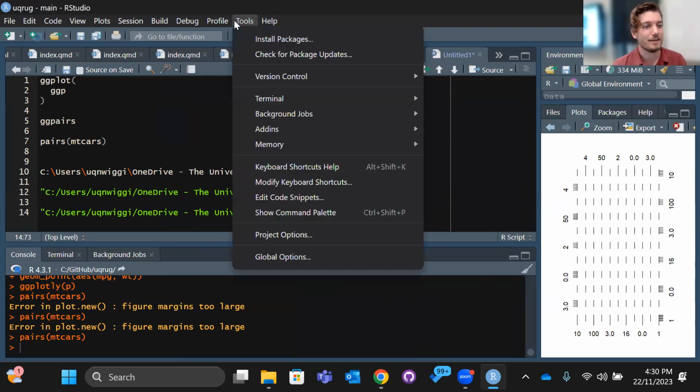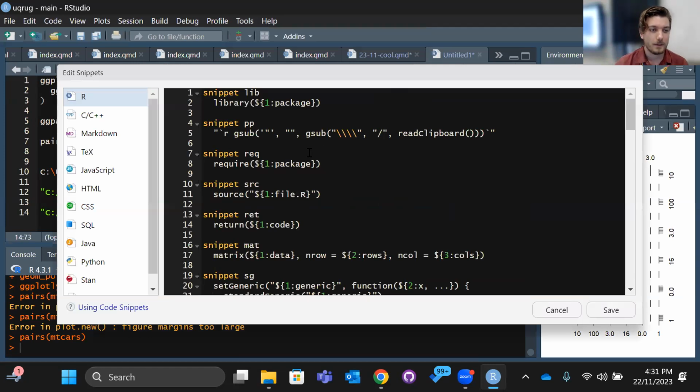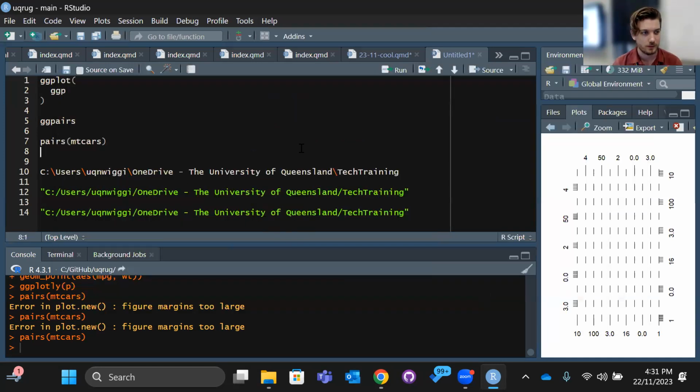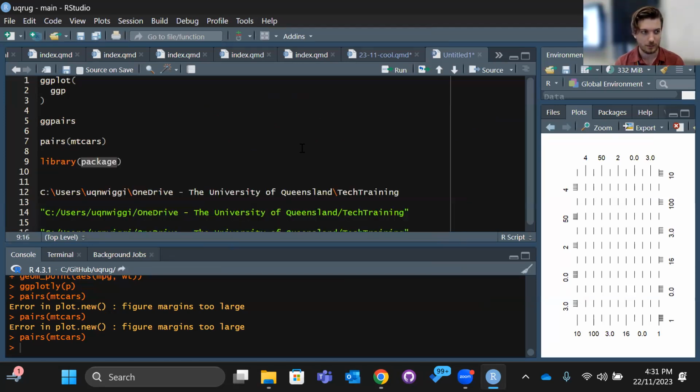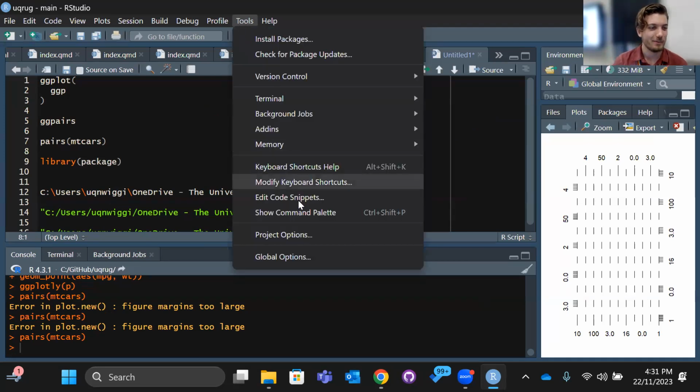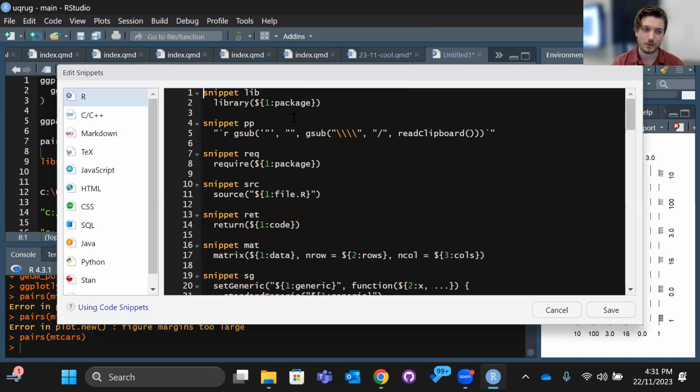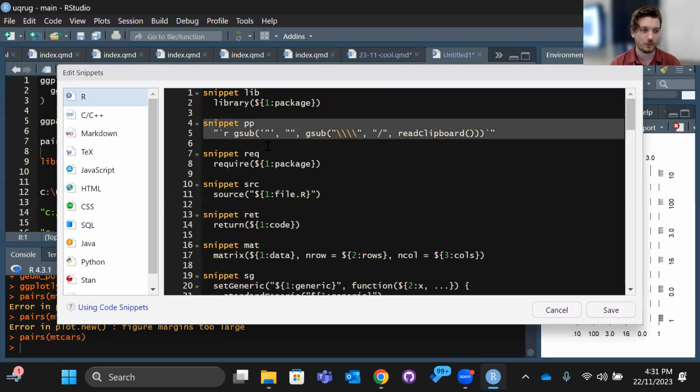So what it is, it is a code snippet. Over here, because there's a lot of stuff in RStudio that you don't look at. This is one of those things that I'm glad I found. Basically, these are bits of code that you can run by typing in a shortcut and then pressing Shift Tab. So this top one here, for example, is LIB Shift Tab. It really isn't saving much time. I don't know why that exists. But those are built in. This one I got from Stack Overflow, and I'll put it in the chat for everyone.